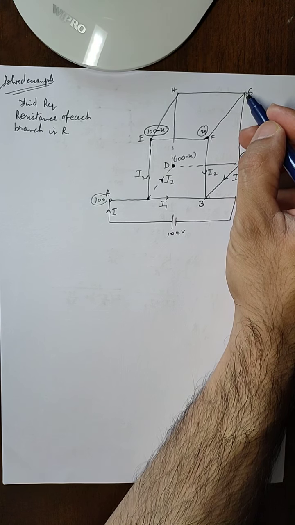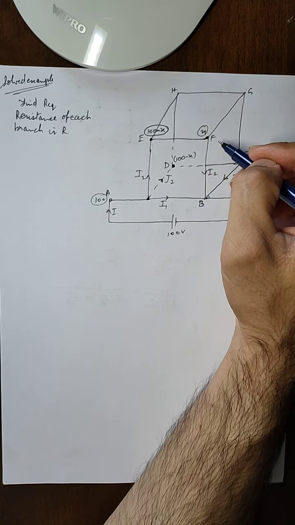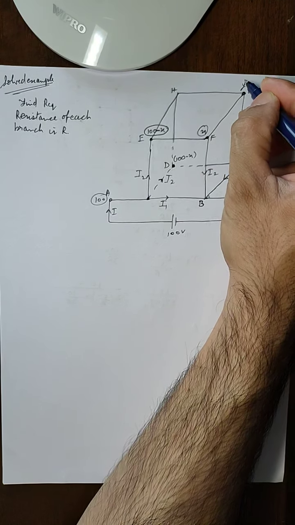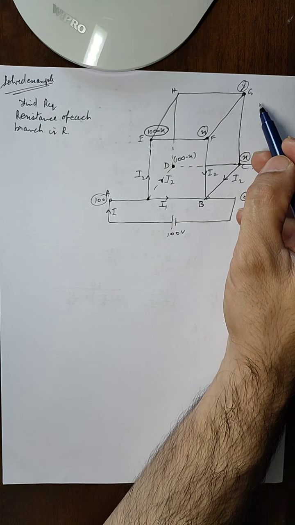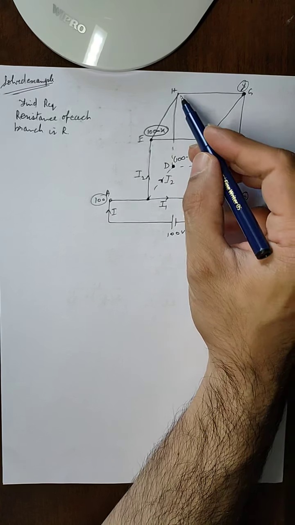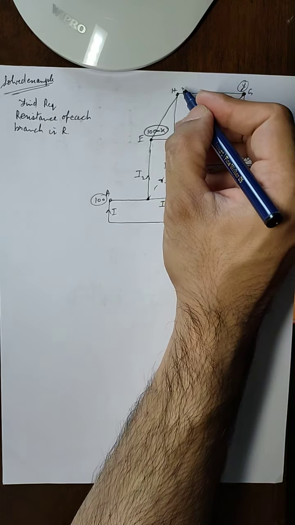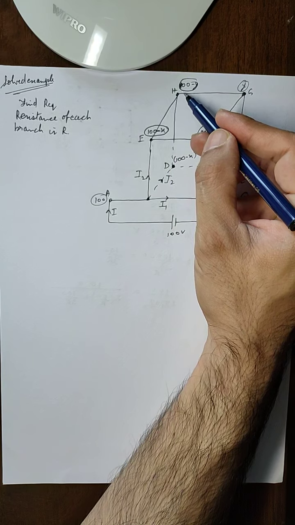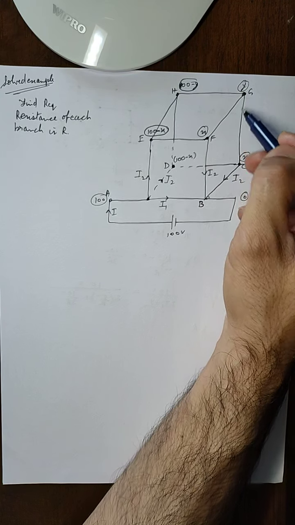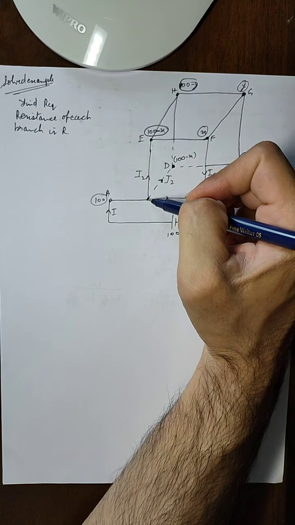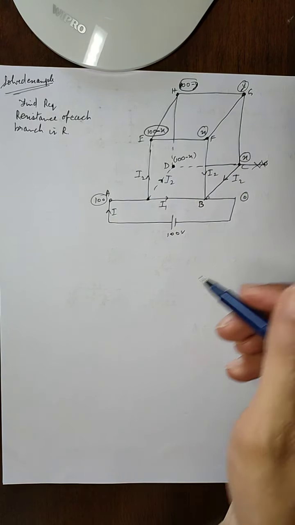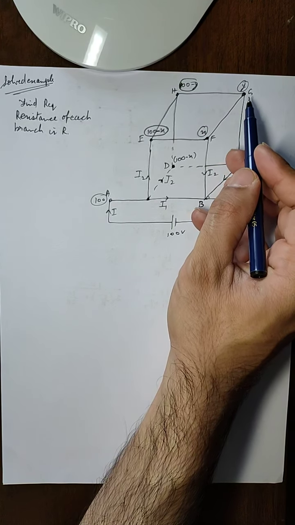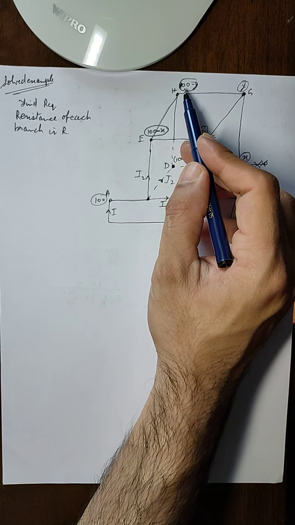Now this point has separate potential. It is not related with any of these points. So let us say that this point has the potential Y. So if this point has potential Y, then this point should also have 100 minus Y potential, so that the potential between terminals G and B and between H and A are same because of the symmetry. You can see it by diagram. These points are symmetrical, so they should have equal potential difference. So if it is Y here, then it should be 100 minus Y here.